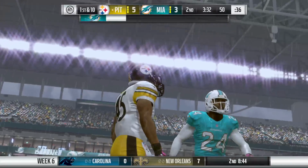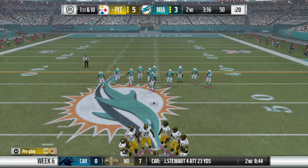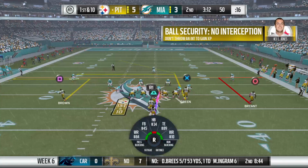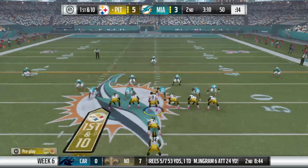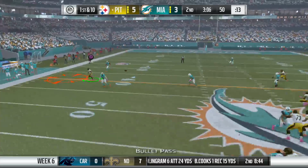On 3rd and 1, it seems natural to just turn and hand it to the biggest guy you have in the backfield. But usually, he's not the primary runner. So for the defense, they're often keying on the running back because he's the guy who gets the ball more often, and the fullback is the blocker. When he ends up carrying the football, that's a heck of a...